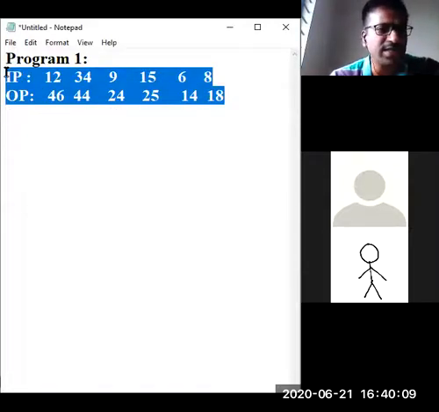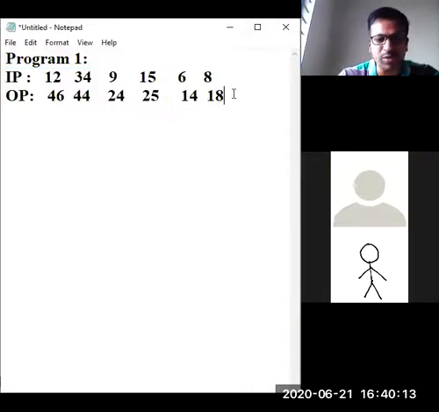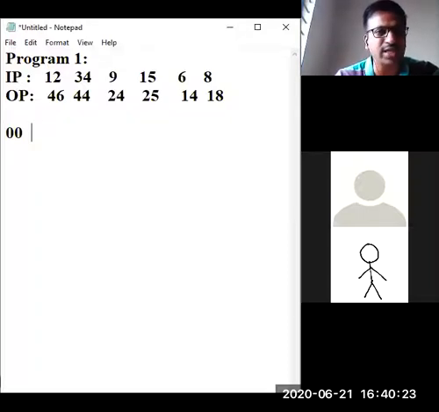So what is the basics? For any program, you should remember one thing, the basic idea. Your basic matrix, 0 0. This is the 0 0 position, this is the 0 1 position. If I give elements like this, for example, 1, 9, 5, 6, a 3 by 3 matrix.